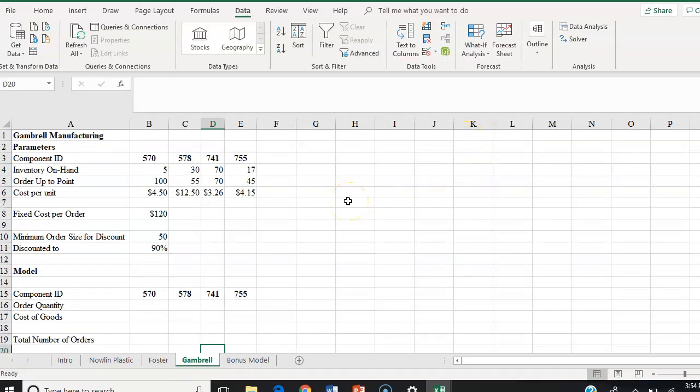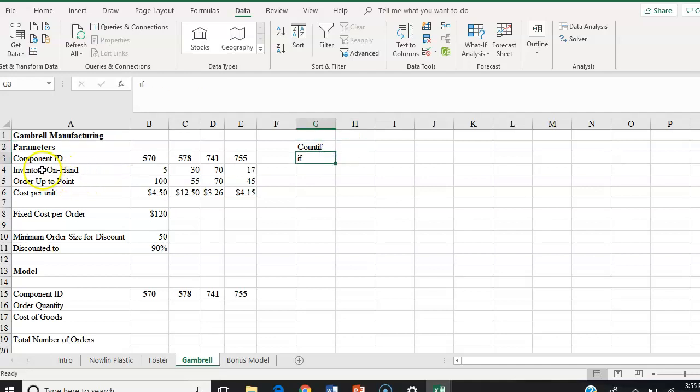In this next example over here, I'm on the sheet called Gambrel, and here we're going to use the functions COUNTIF and IF in Excel, and you'll see how I've applied them in the case of this example, and that'll teach us how to use those functions in scenarios where we need to do such analysis. Let's come to this practice example that we're going to be covering in order to learn the COUNTIF